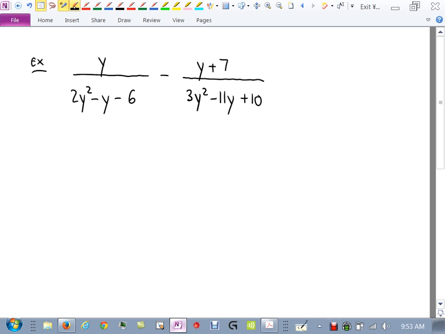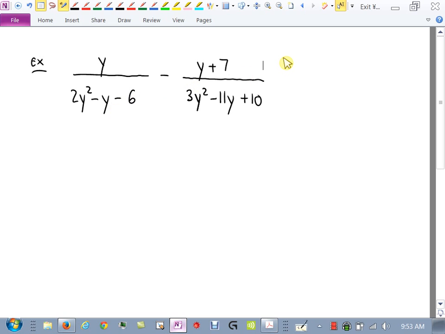All right, check this out. Ugly, right? We have two rational expressions. We have subtraction, which means that if we want to do this, we have to get the same denominators. And we don't have same denominators, and they're not even really close, are they? They're both trinomials, which I'm happy about, I guess. And they both have y's in them, so I'm happy, I guess, about that. But other than that,